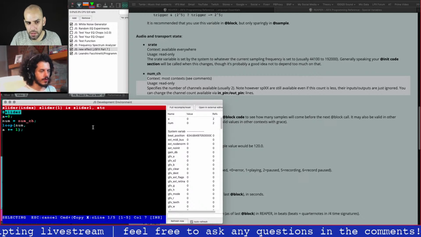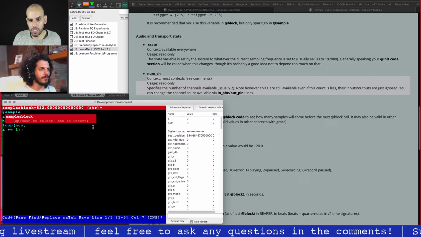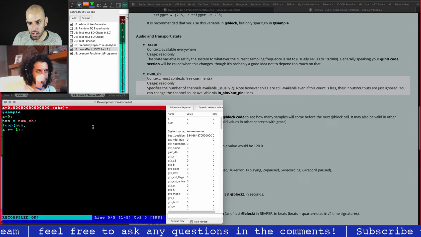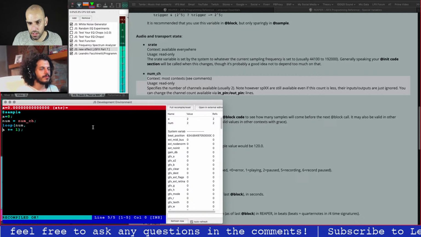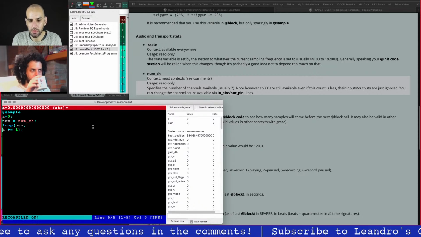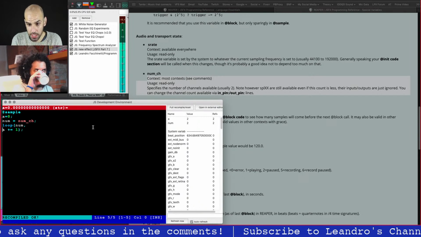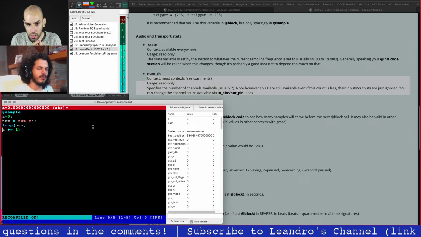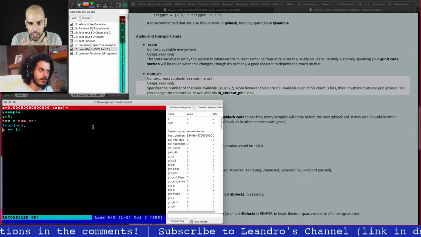Maybe the sample block will have it. The sample block must have it, right? Yep. Cool. There you go. Now, what's interesting about this is that the number of channels is available, yes, but also what's interesting is that the sample block is running in a loop,